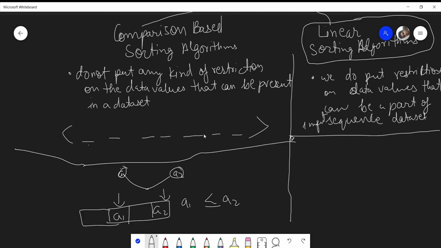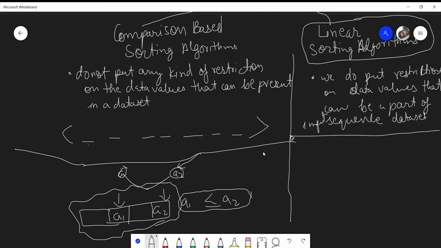So in comparison based sortings, we only make these kinds of comparisons to extract any information on the ordering of the elements. We make decisions only based on the comparisons.